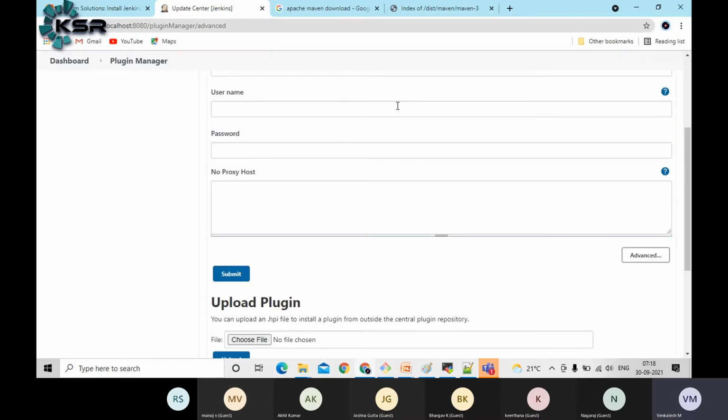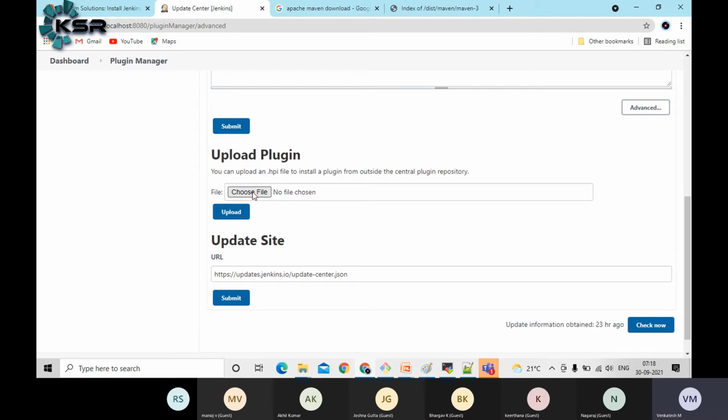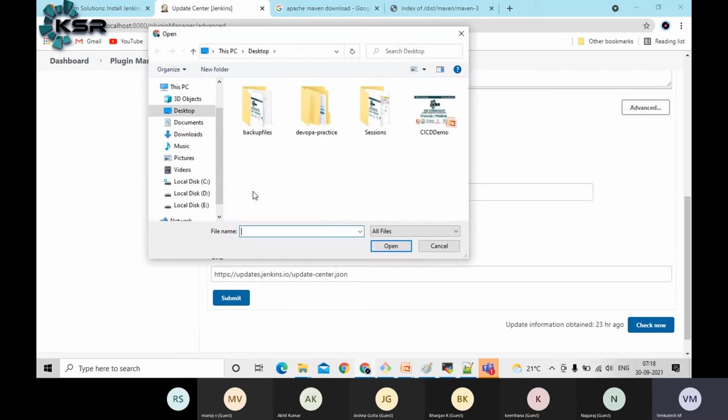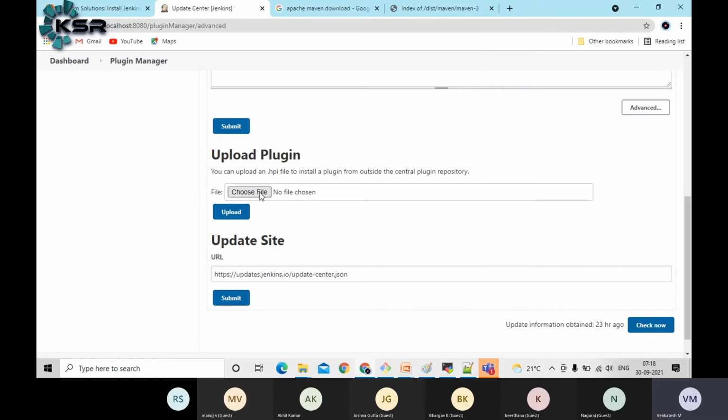When you write it, you can directly upload the HPA plugin here. You can choose it here. You can develop the code and build the code, that's the HPA configuration. Then you choose it here, and when you upload, it will get installed. That's how we can do it, guys.